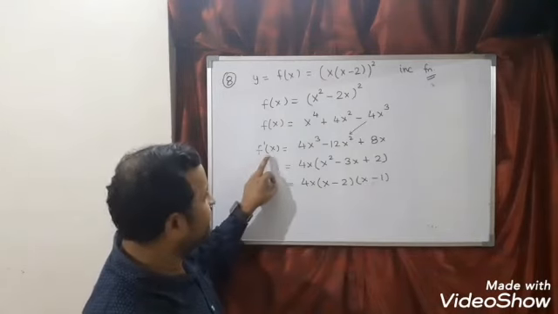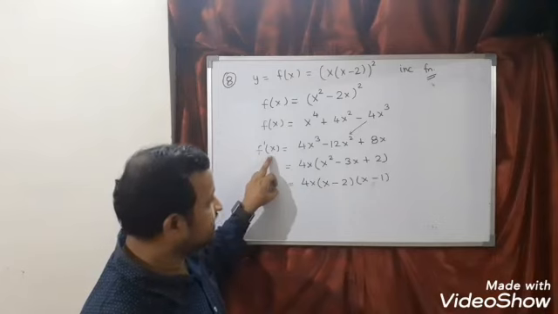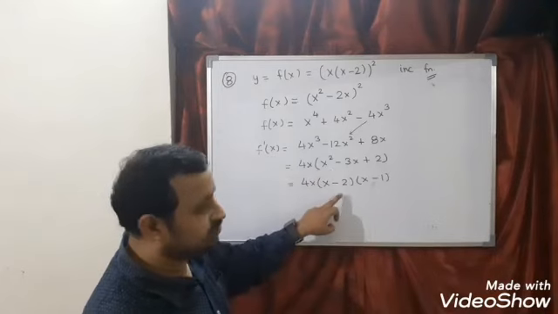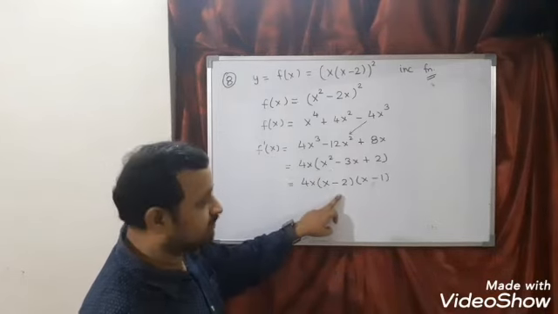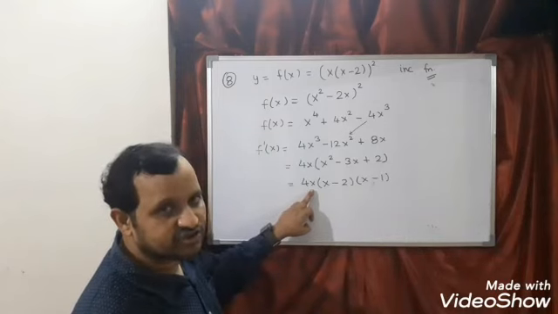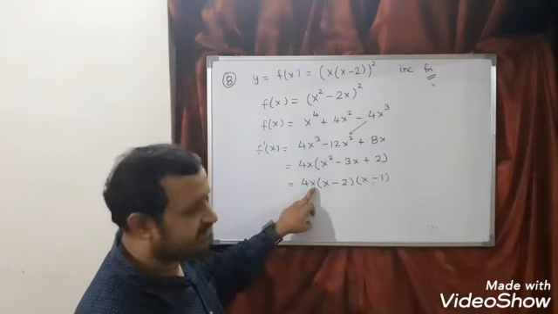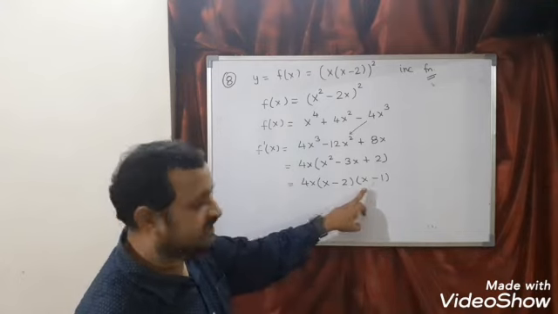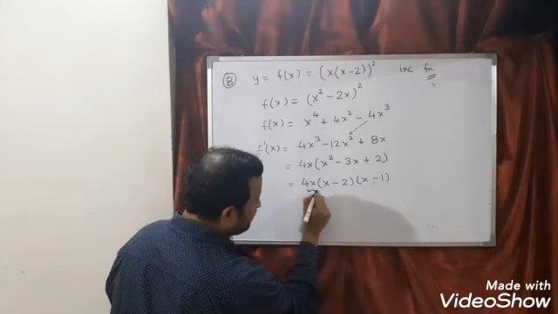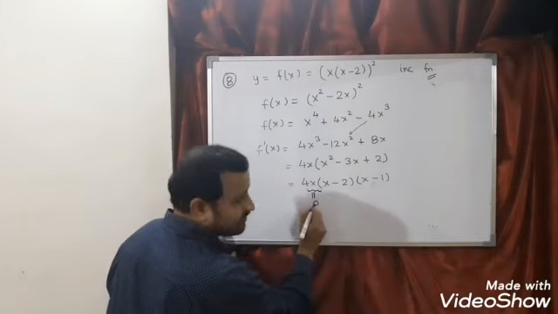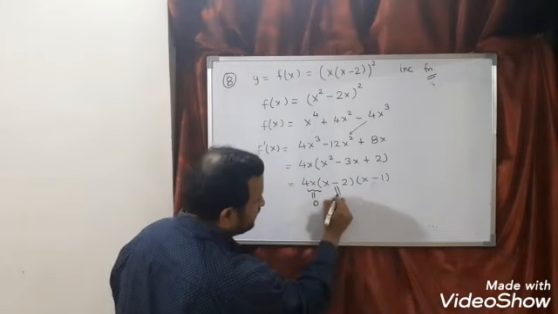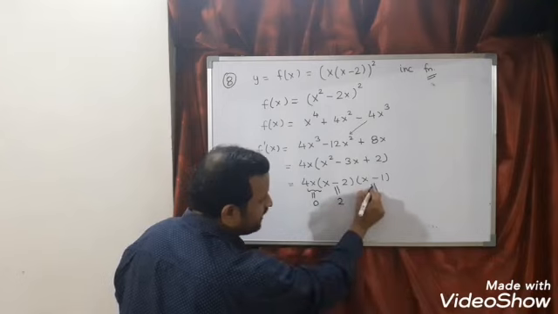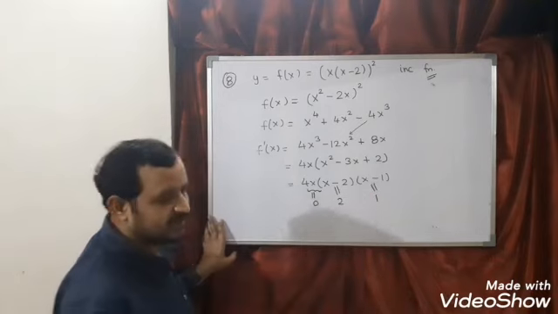Look here, x square minus 3x plus 2. So the first step is find f dash x. The second step is break it into linear factors. Third step, coefficient of x should be positive. So the coefficient of x is positive, positive, positive. Next step, critical points. For what value will this become 0? I can say 0. What is the critical point here? I can say 2. The critical point here, I can say it is 1.